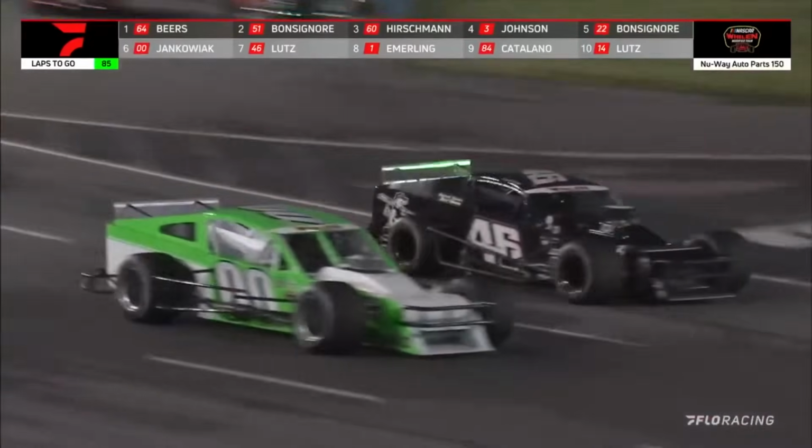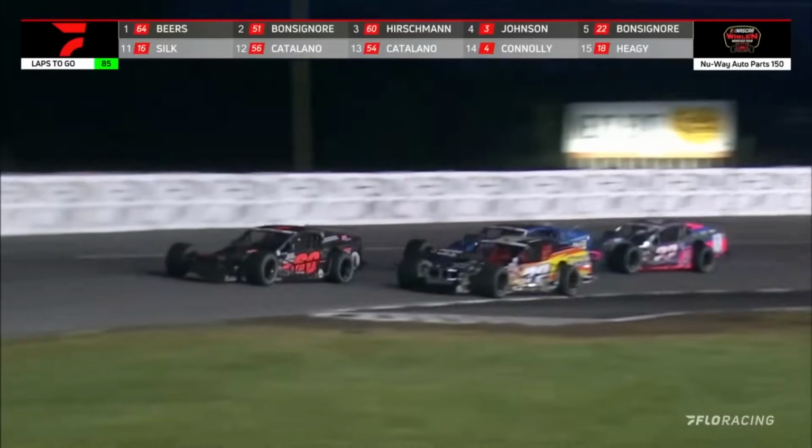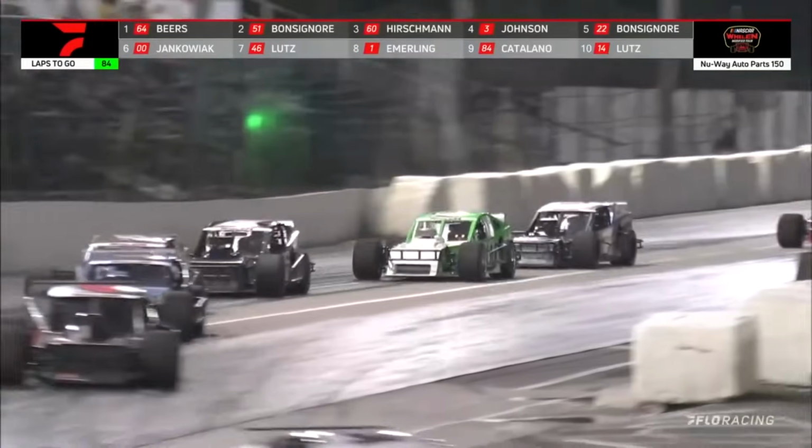That's a textbook pass here at Lancaster. You set him up off turn 2, you dive underneath. Craig Lutt said, hey, Kyle Bonsignore, great job. I'm going to sneak under and follow your tire tracks and see if I can get underneath Andy Jankowiak as well. Now the battle for 2nd might even be the battle for 3rd, because Jake Johnson looks in the rear view mirror,